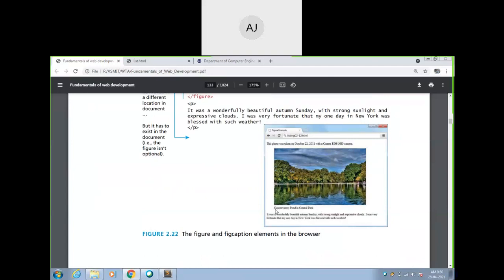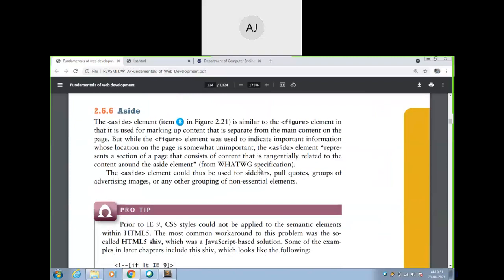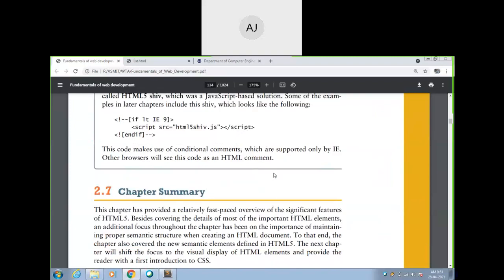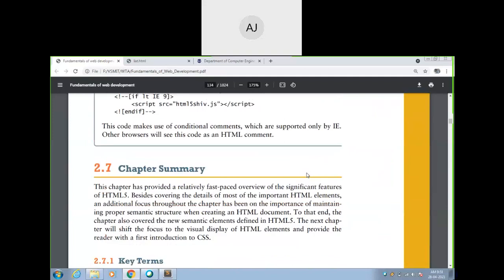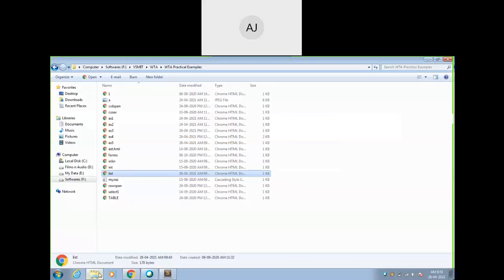The figure caption can be at the center, right justified or left justified, whatever you want, and you can do this by using aside. So these are some extra HTML5 tags given here, and this completes our chapter number 1. This is very simple, guys. So let us see the syllabus, and we will come to know what exactly we have studied.